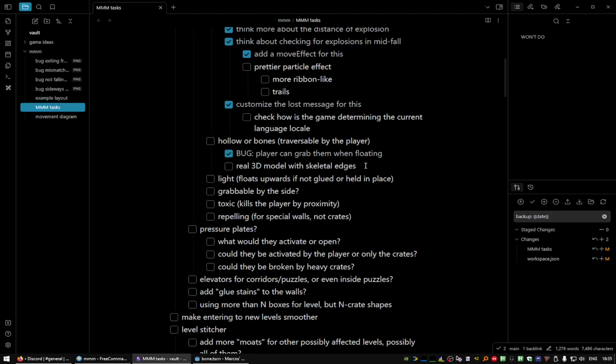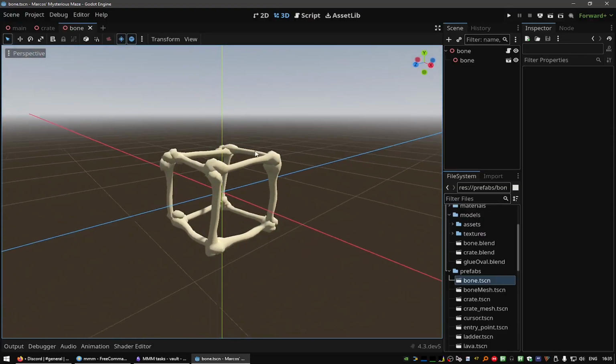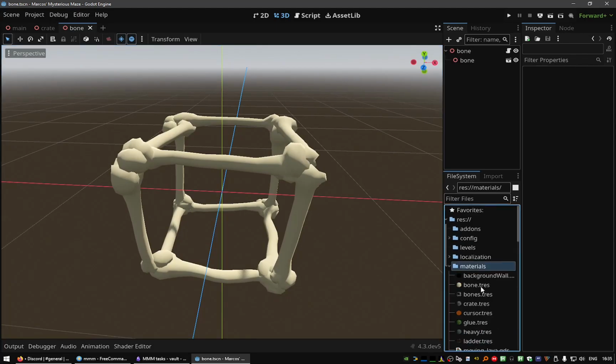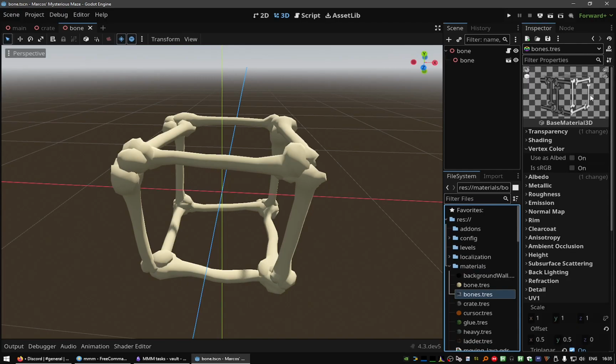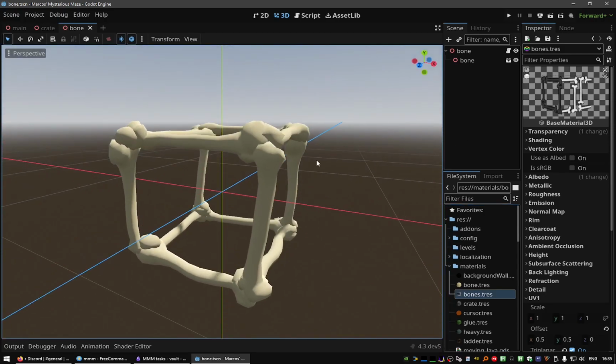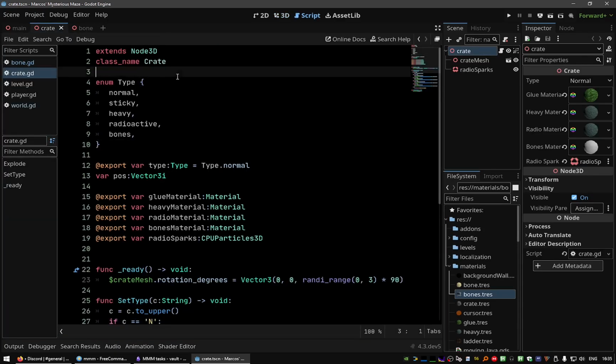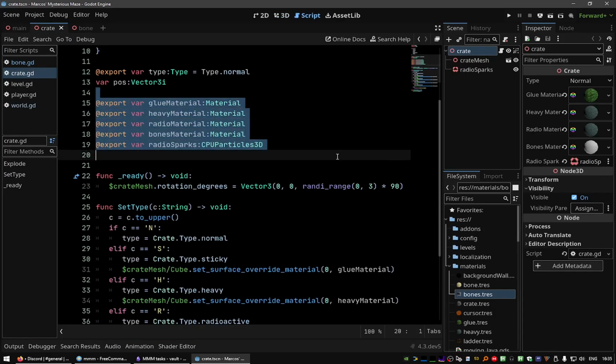Hi, I was doing the task related to bone or skeletal crates, and these nice bones are now 3D, instead of the previous material that was a simple texture with transparency. Now the bone crate will be its own prefab, but I realized that I must change the crate class. I should remove all this